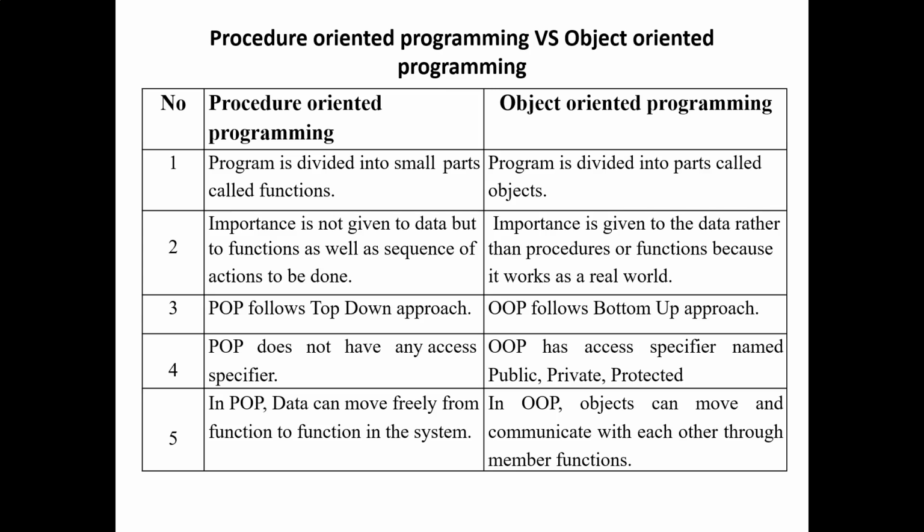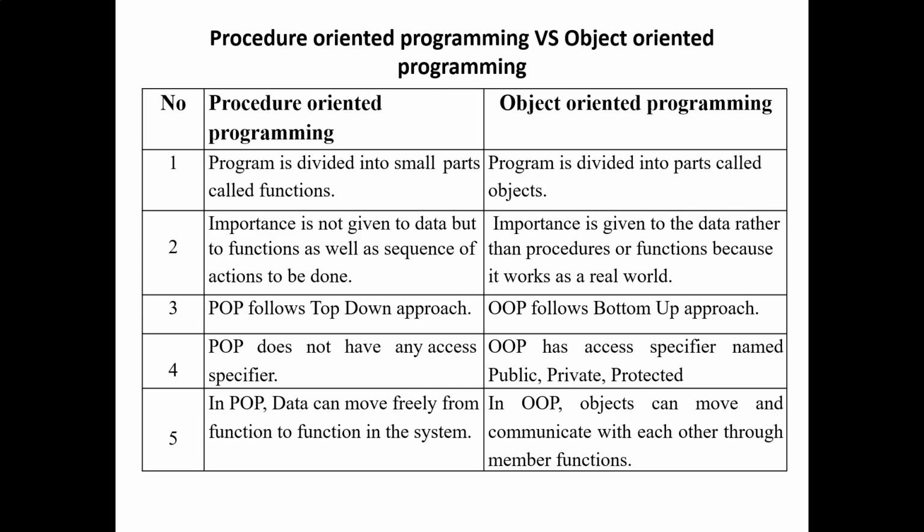Basically, whenever we are writing any program for, say, finding a prime number or generating a Fibonacci series, such mathematical problems we follow the procedure oriented language, where our execution starts at the main method, and from there it goes line by line and comes to the bottom. While if we are solving some real world problem like a student management system, attendance system, or library management system, those are real world problems, and there we divide the entire problem into classes and objects, and accordingly the code is written. So that is the object oriented programming concept.